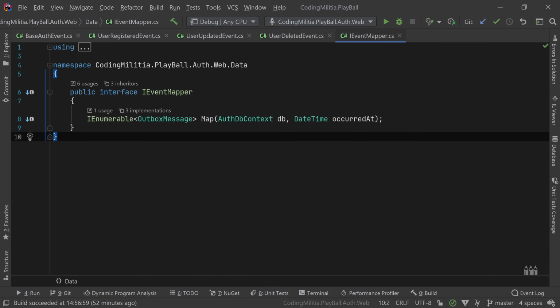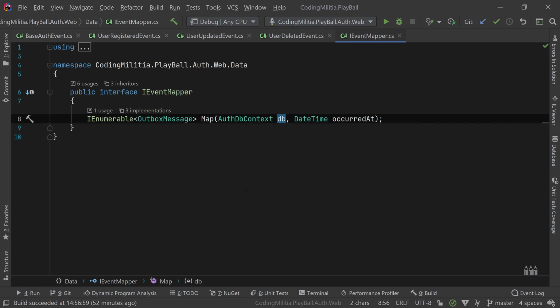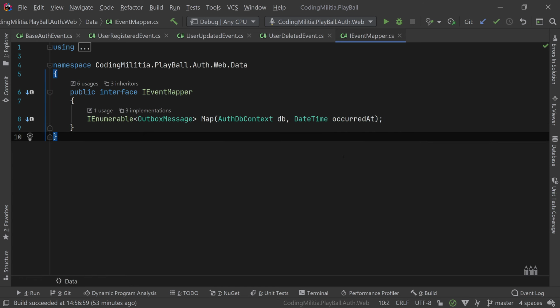It's similar, so it continues to receive the DB context so it can detect those changes in the tracker, and it will return a collection of outbox messages. As we saw, normally we'll have only one, but just to keep things generic, it returns a collection of outbox messages. And it also receives an occurredAt. It's just a minor optimization, so we always put the same date time in all the messages, even though we'll probably only have one. So premature optimization, but